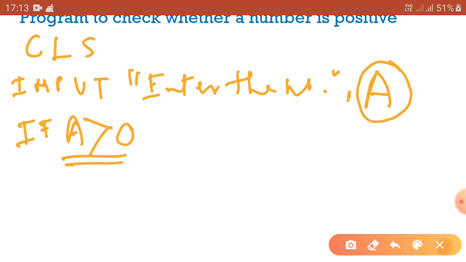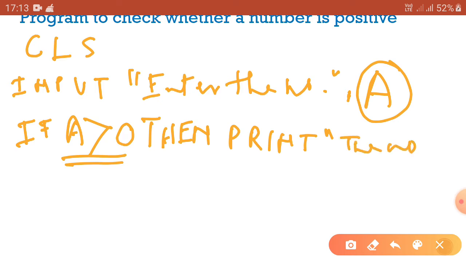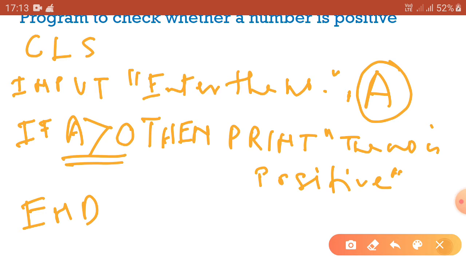If the value of A is greater than 0, then you have to write the statement, then PRINT "The number is positive", then double quote. And then at last you have to use END keyword, as already we have discussed.